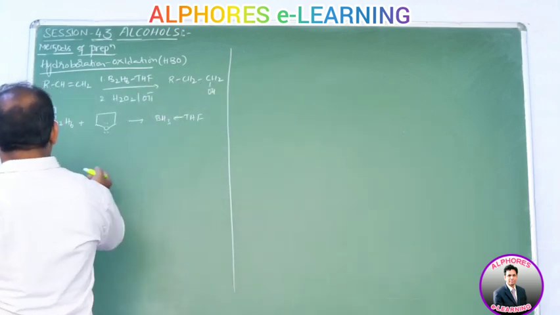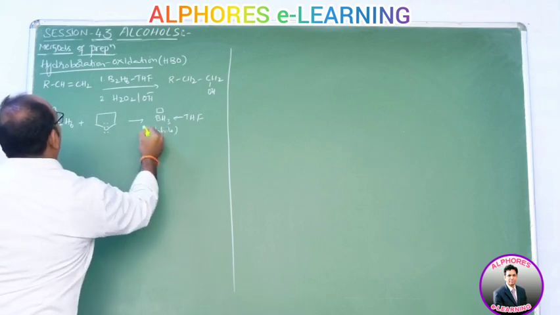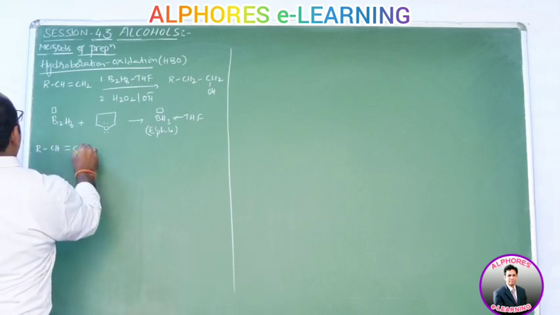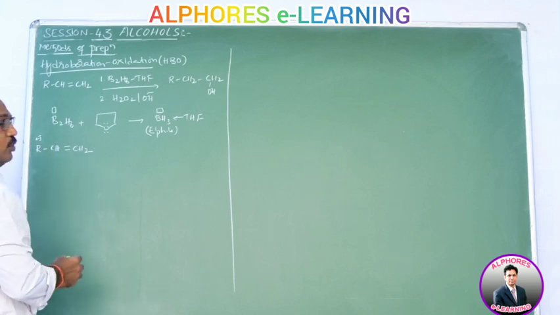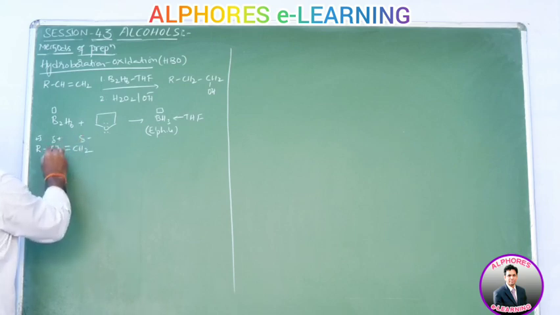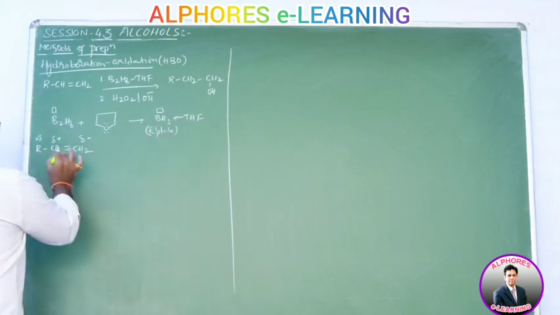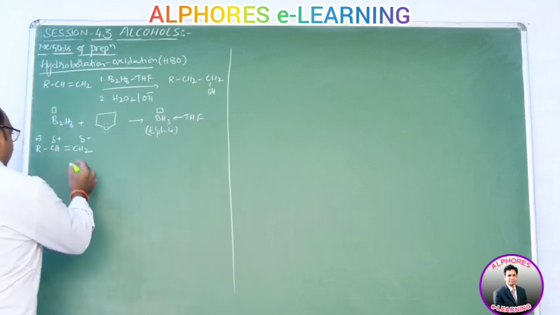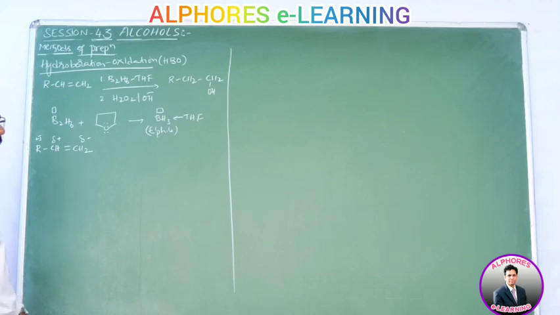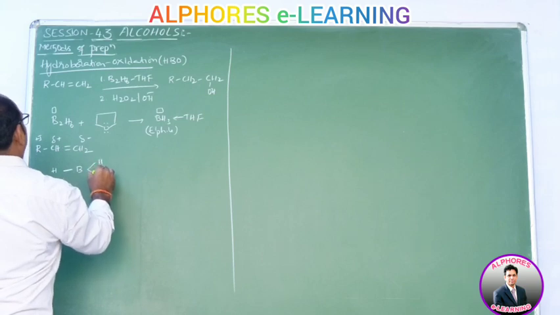Now this BH3 acts as an electrophile, which seeks electrons, a Lewis acid. Now take RCH=CH2. The alkyl group is a +I group, hence the pi electrons are shifted towards this carbon, so it acquires a partial negative charge, and this carbon acquires a partial positive charge. Now when BH3 has to come to this electron rich center, boron being electron deficient seeks electrons, that's why it prefers to come to this carbon, with the remaining two hydrogens like this.